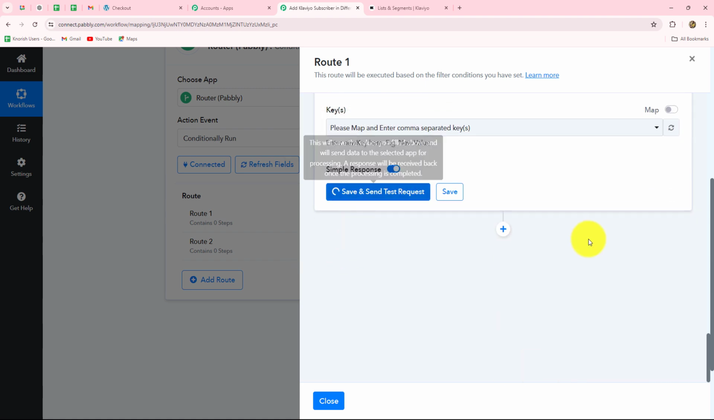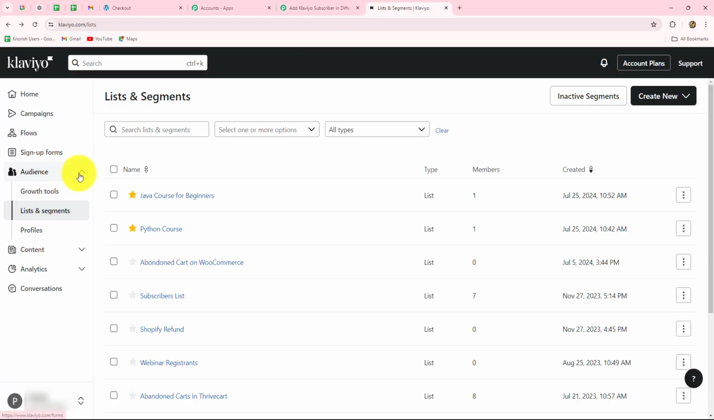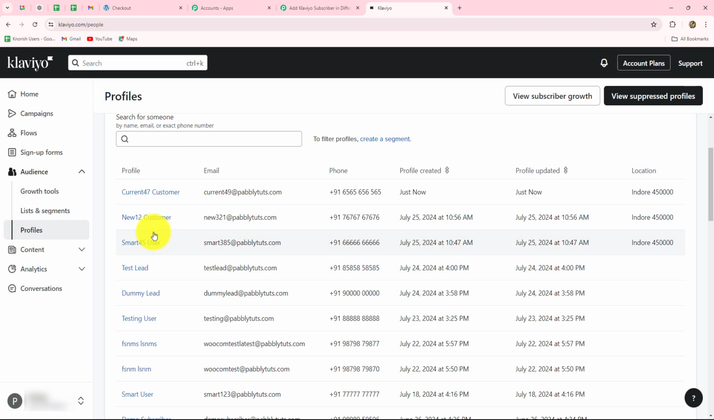Alright, now when I click on save and send test request button, here we have received the response, and in this response we have received the data ID. That means the subscriber is successfully added in our Klaviyo account. So I'm going to take you towards Klaviyo. Here we'll go towards the audience section. We'll go towards the profiles, that means subscribers, and yes, here you can see that a latest subscriber is recently added. You can see just now, and here are the same details of that subscriber,